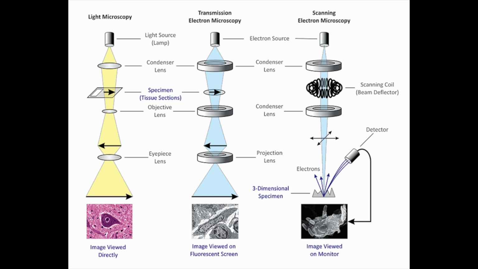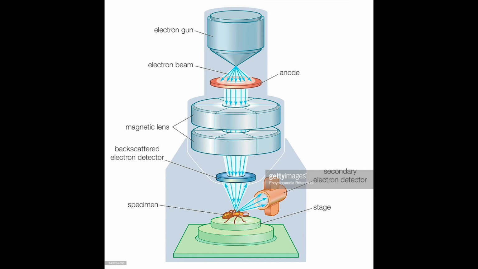A scanning electron microscope, or SEM, is a type of electron microscope that produces images of a sample by scanning the surface with a focused beam of electrons. The electrons interact with atoms in the sample, producing various signals that contain information about the sample's surface topography and